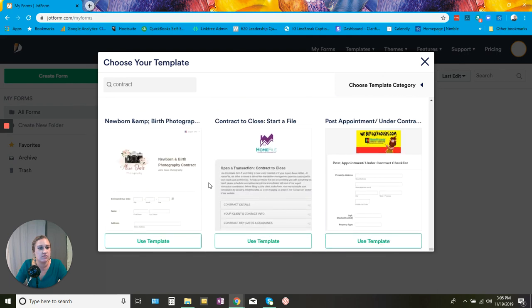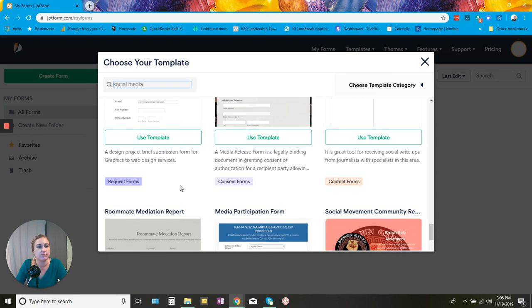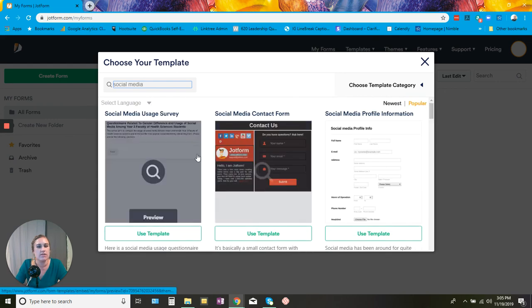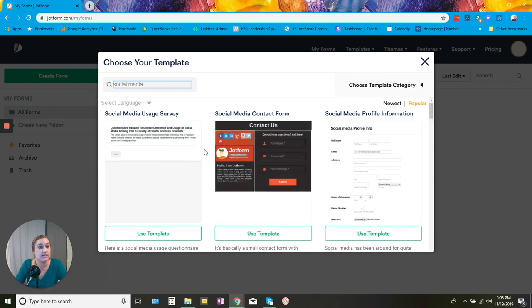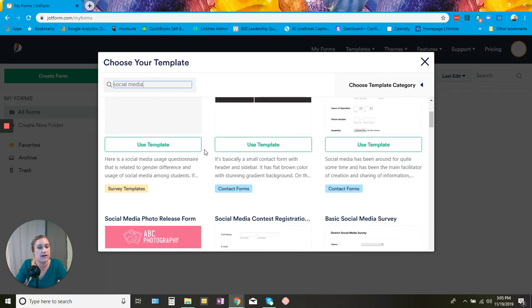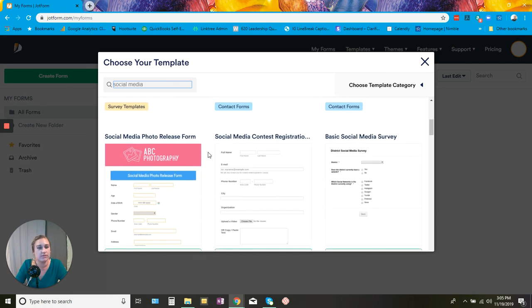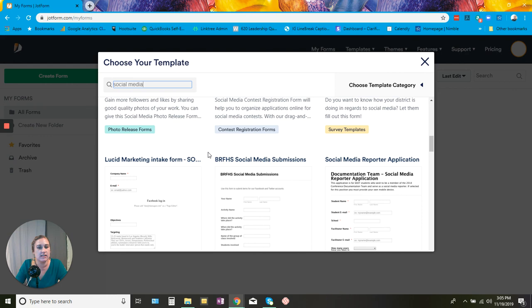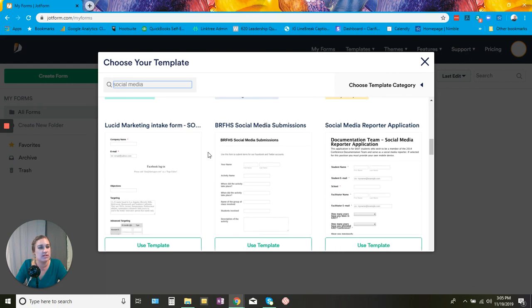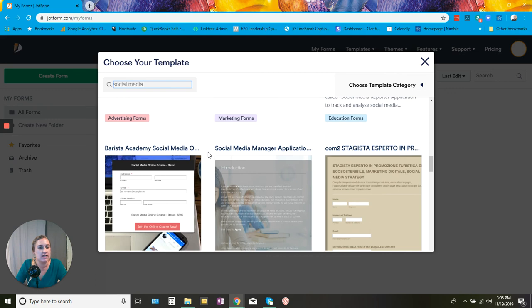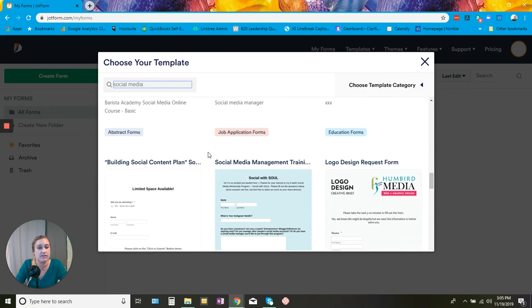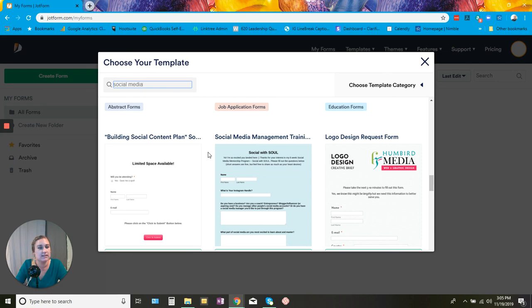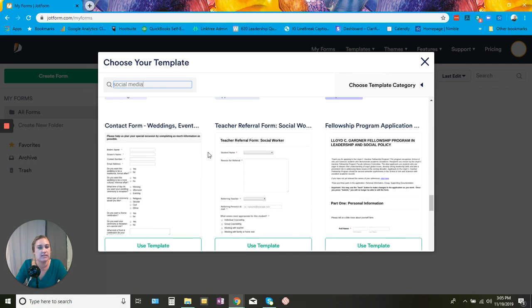I know Rebecca is a social media person, so I'm going to see if they have a social media template. I'm just going to search it and see what they have. Social media usage survey, social media contract form, social media profile information, photo release, contest, social media survey, marketing intake form, social media submissions, all kinds of manager applications, building a social content plan, social media management training, all kinds